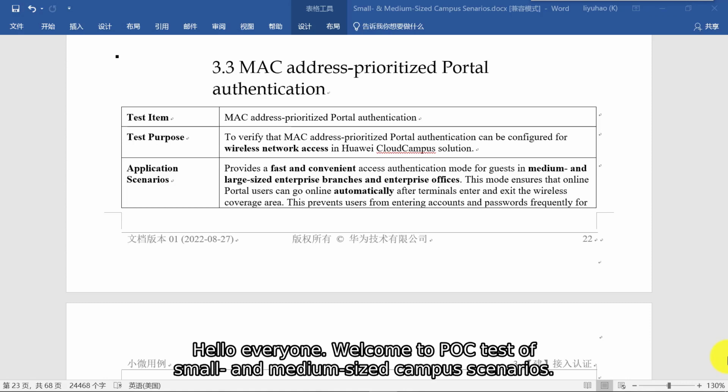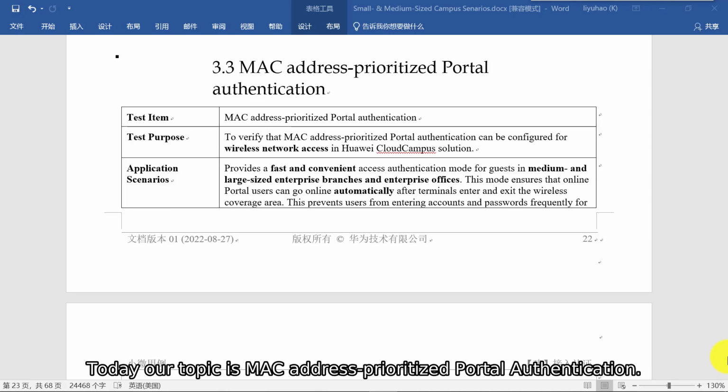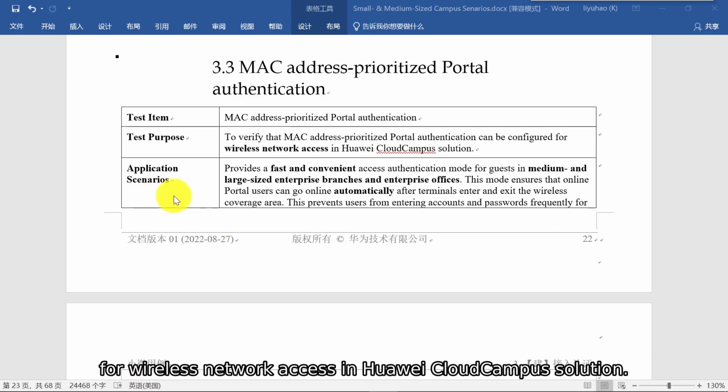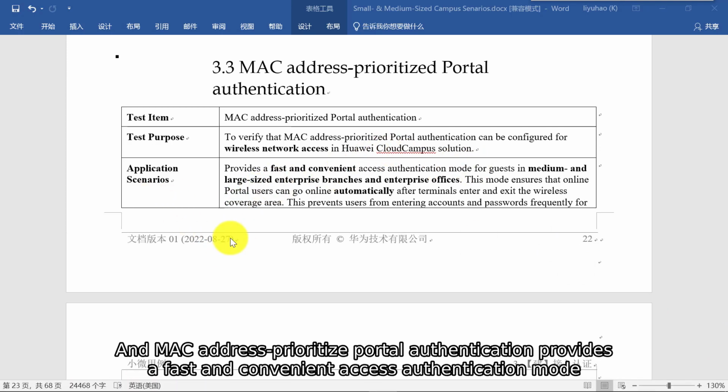Welcome to the POC test of small and medium-sized campus scenarios. Today, our topic is MAC address prioritized portal authentication. Our test purpose is to verify that MAC address prioritized portal authentication can be configured for wireless network access in the Huawei CloudCampus solution. MAC address prioritized portal authentication provides a fast and convenient access authentication mode for guests in